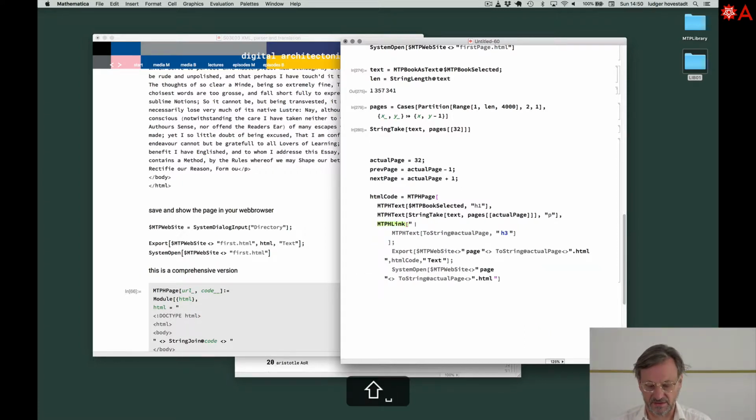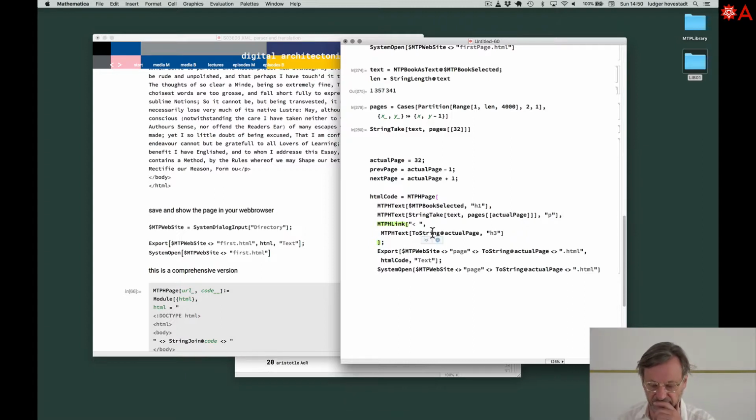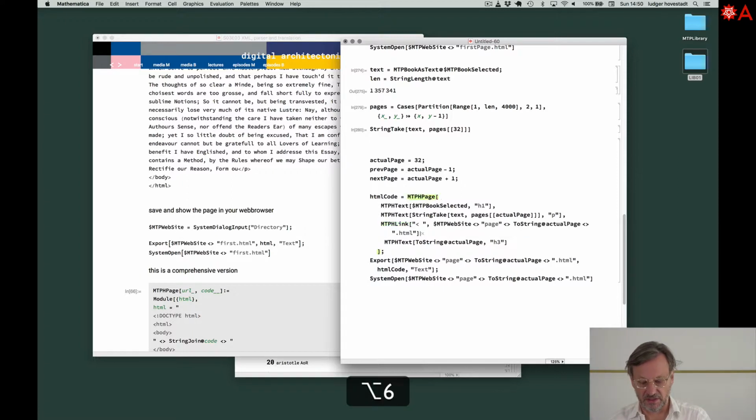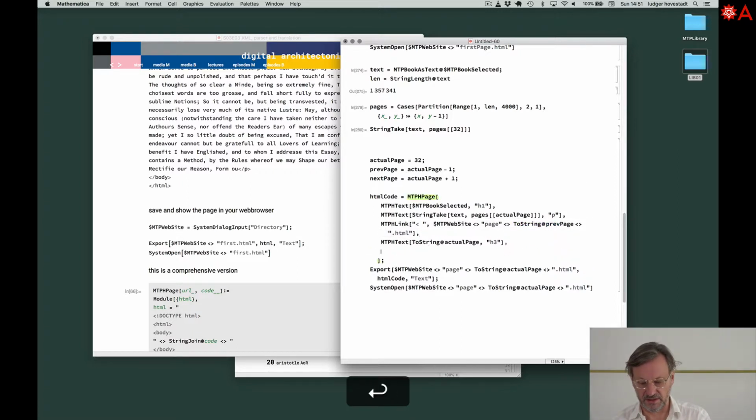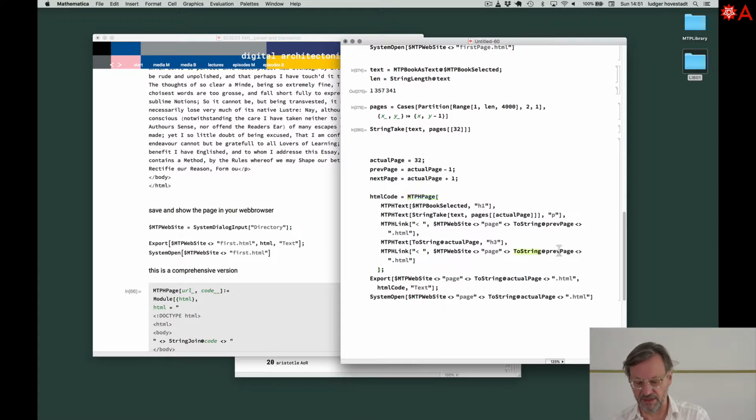First link is go to page 31, so minus, and now we need the page number, which is the web page HTML. This is the link we want to go to, and comma, but not the actual page but the previous page. And this here needs to be again with the next page. So then we have the next page. So this is a link like this: left, actual, right,